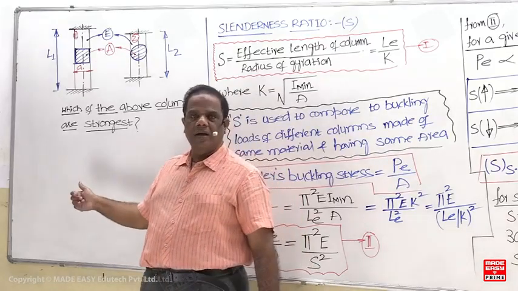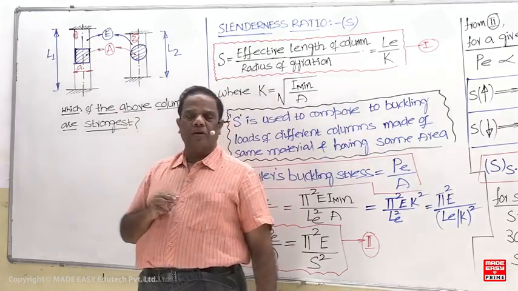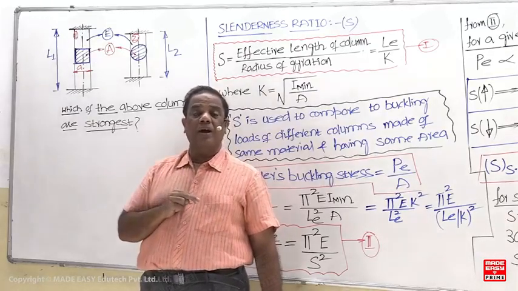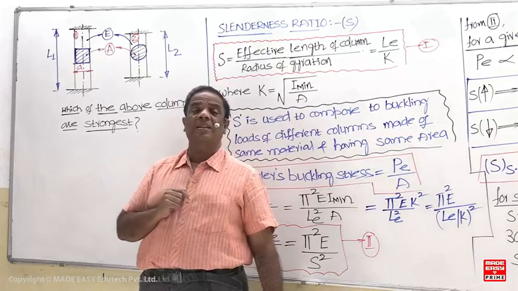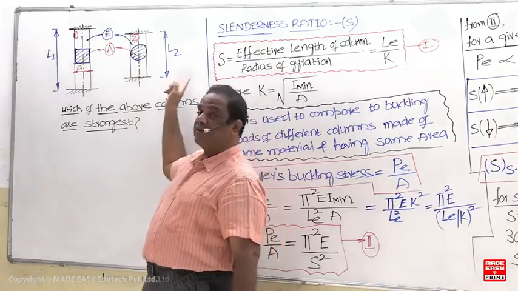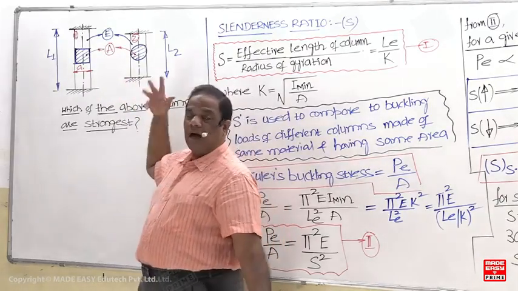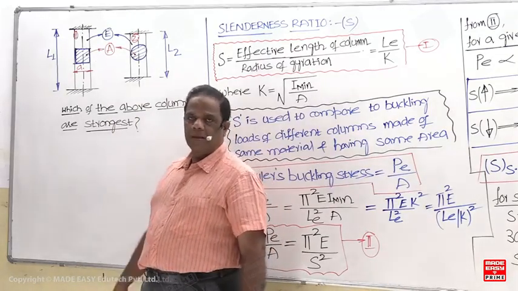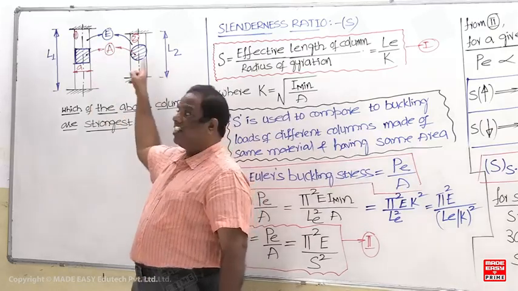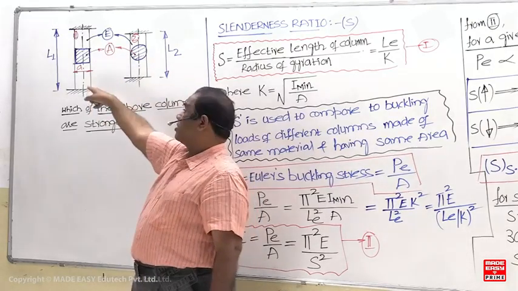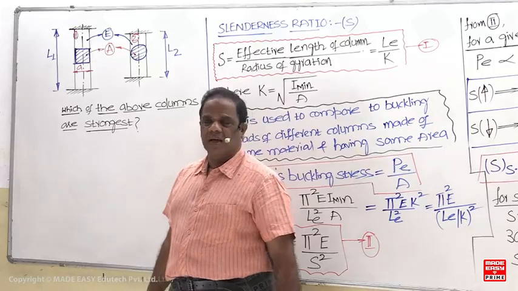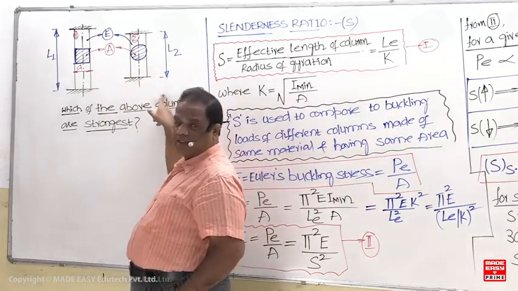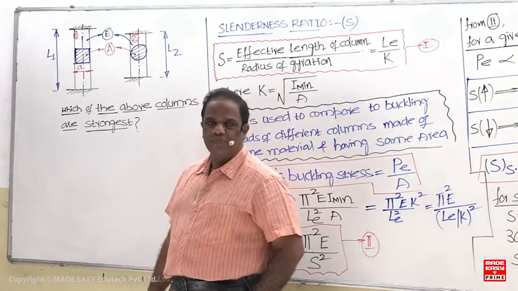So far you have studied alpha is used to compare what? Alpha and n are used to compare different column buckling loads which are made of the same material, same length and same moment of inertia. But in this case, which one is different? End conditions are the same, meaning alpha values are the same. Area is the same, material is the same. But cross section is different. One is a square, one is a circular. But they also have different lengths. Most of the students are going to tell the first one is the strongest. Some students are going to tell the second one is the strongest. Here we cannot directly tell. Why?